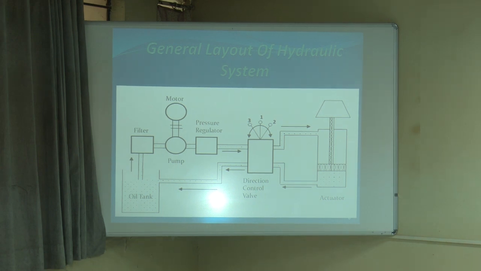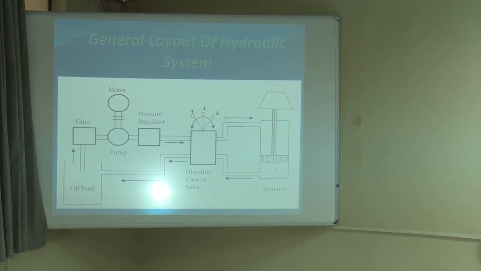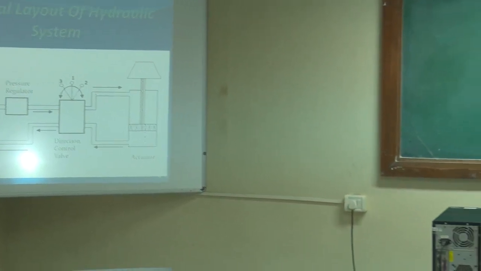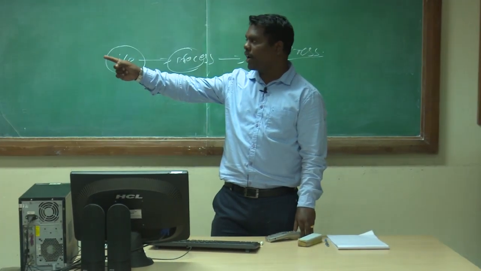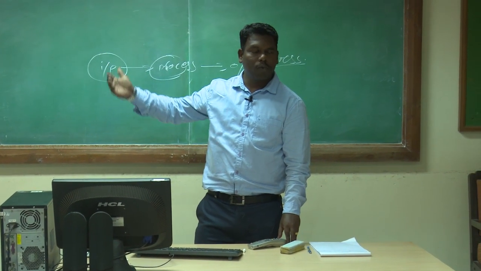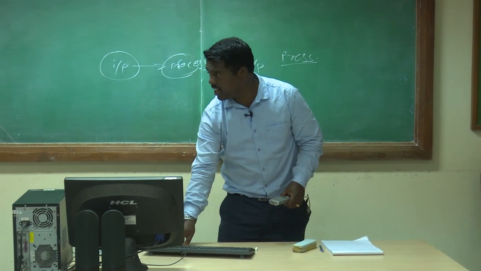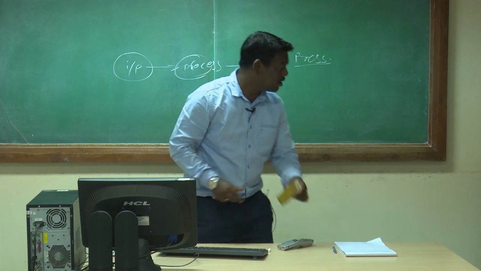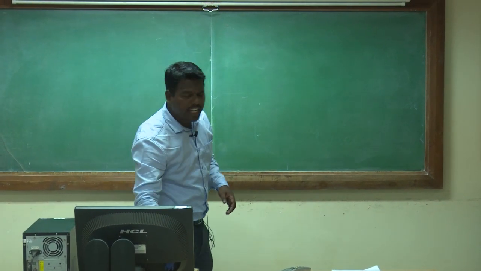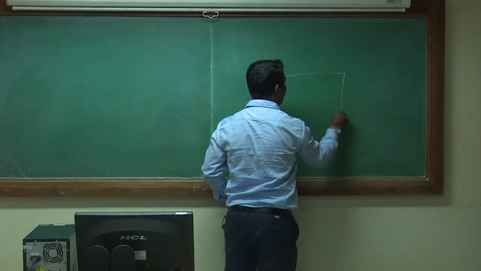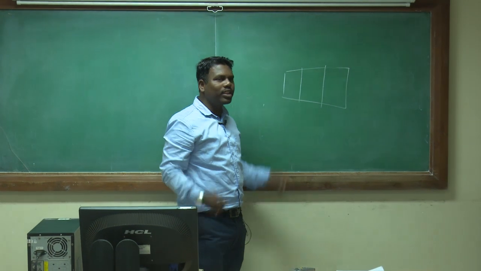In the oil tank, the pressurized fluid is there. Then it comes to the filter, where the impurities are removed. Then it comes to the pump and motor, in which hydraulic energy is converted into mechanical power. Then it goes to the pressure regulator, where we can control the pressure. And in the direction control valve, there are three terms that we can discuss. So 1, 2, 3 is nothing but a general direction control valve. Suppose this is a 4/3 direction control valve. The 4 is the number of ports.